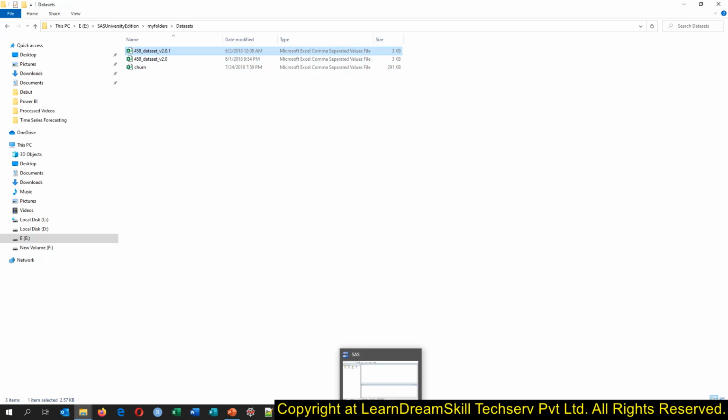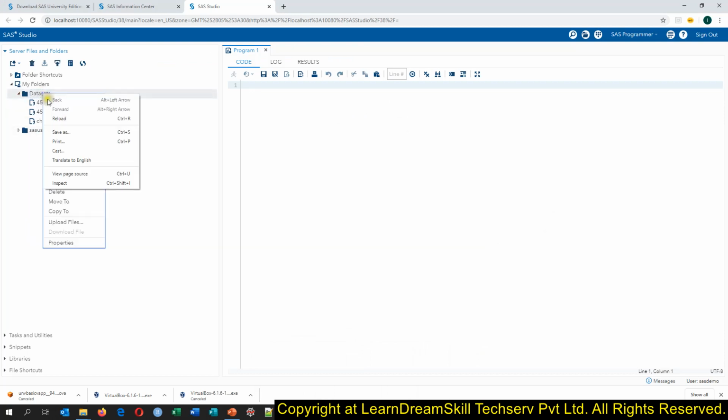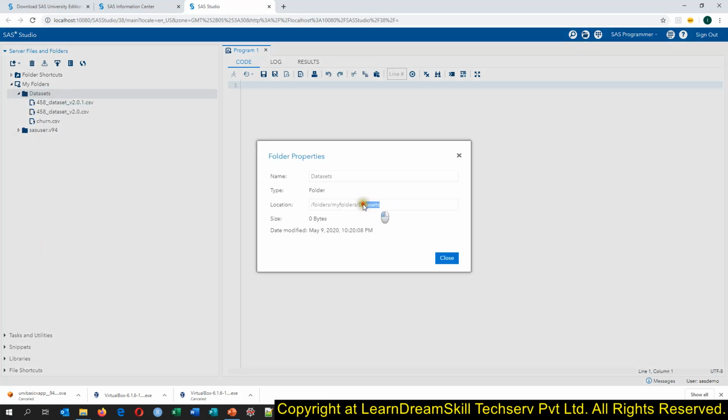So we can come here in SAS, and you see all the files are visible here. We can see the properties of this folder, and this is the path. So how will we import?